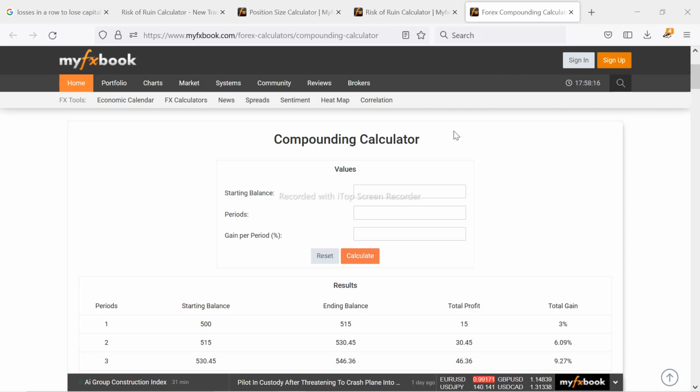I want to go over two important concepts in trading: the likelihood of X amount of losses in a row, and the risk of ruin, like how many trades it will take for you to go from whatever your account is to zero. They call that risk of ruin, right? So first, let's go and